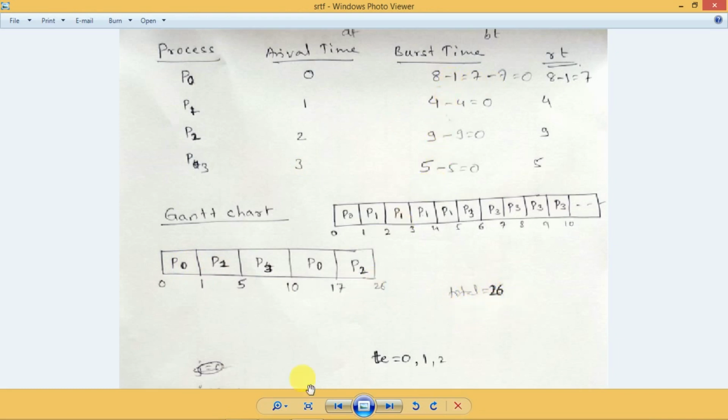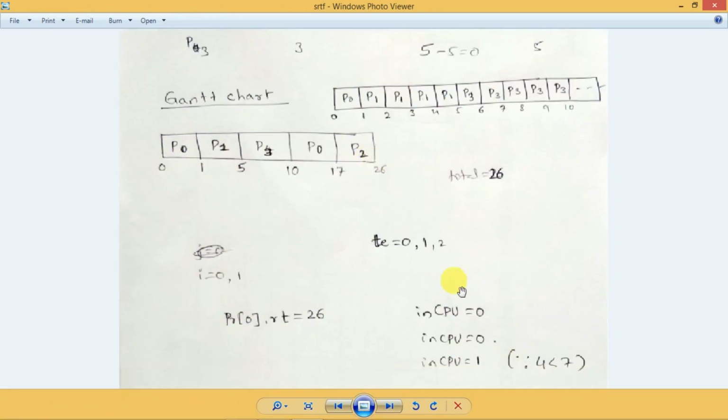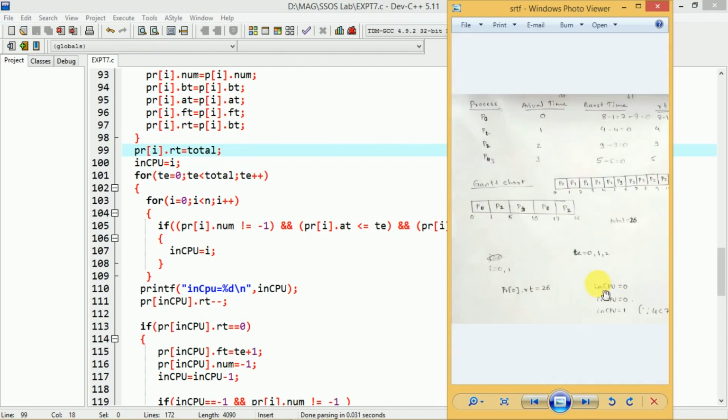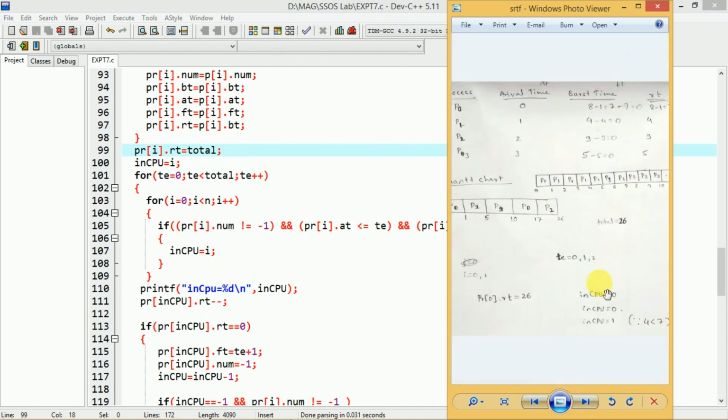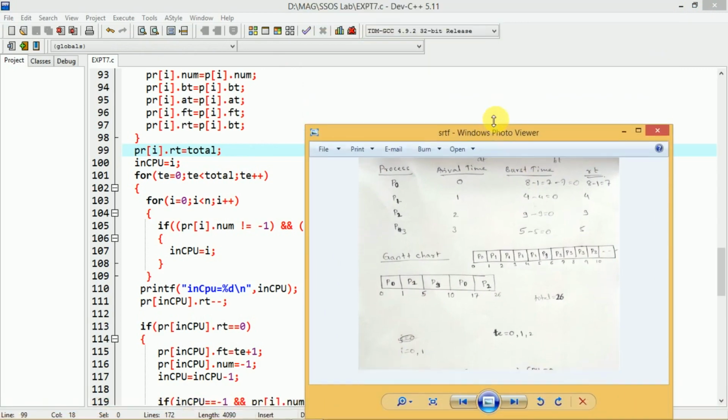This is assigned to the initial remaining time, meaning the total remaining time of execution is 26 initially. After this we'll look at both of these in parallel. I think it is possible to place both on the same screen.